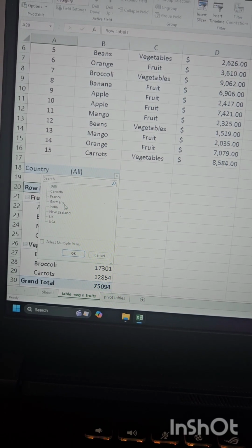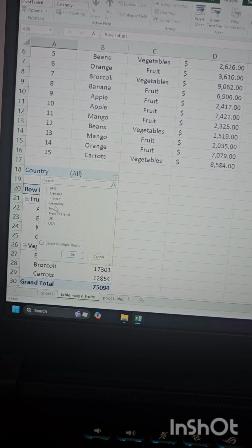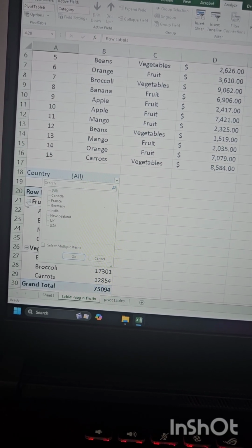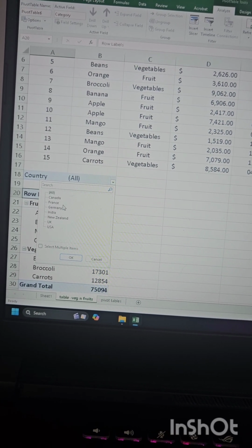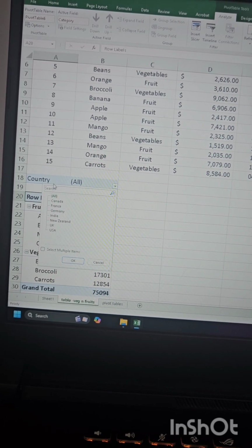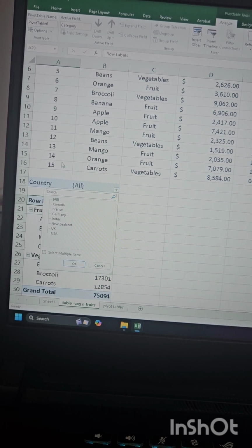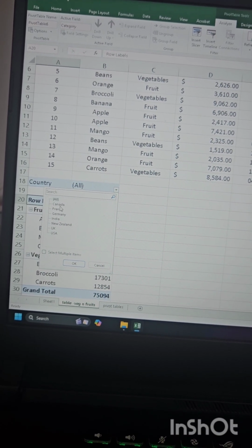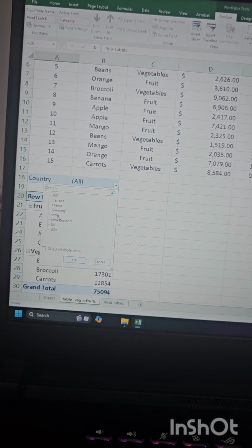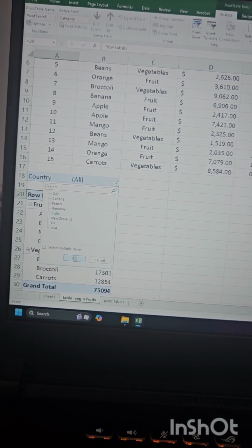Now if I want to select India, I will just click here and select India, and now you can see the pivot table has moved up to A18. The earlier pivot table that we were creating was at this location, so it was moving up to A16, and that's why it was showing it already has data. Alright, so I select India and I click OK,